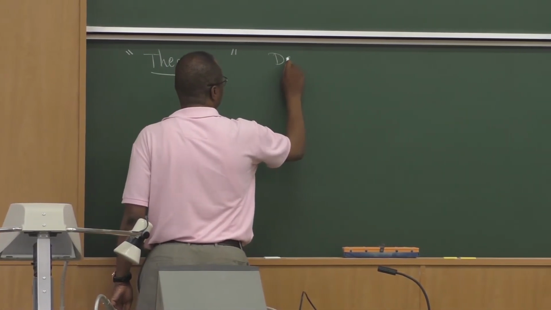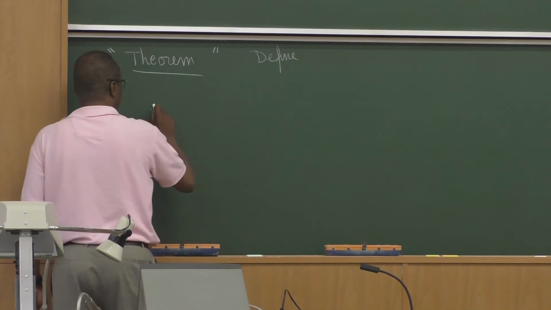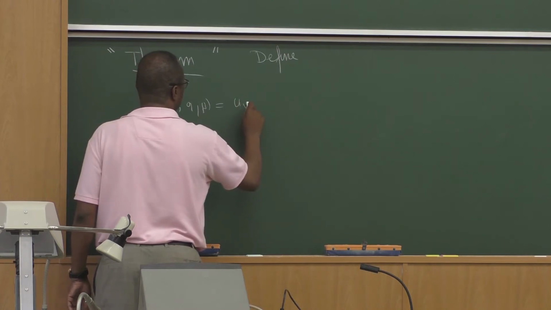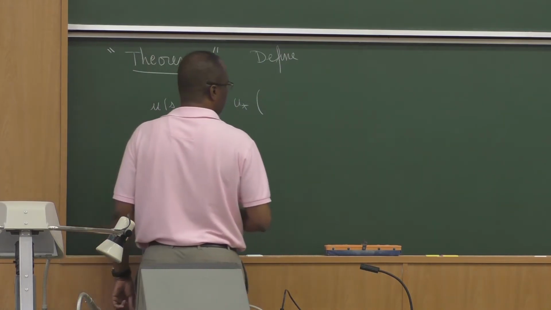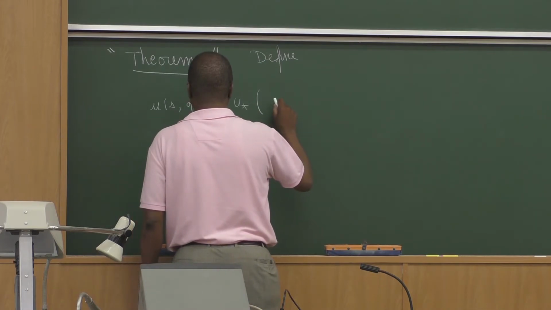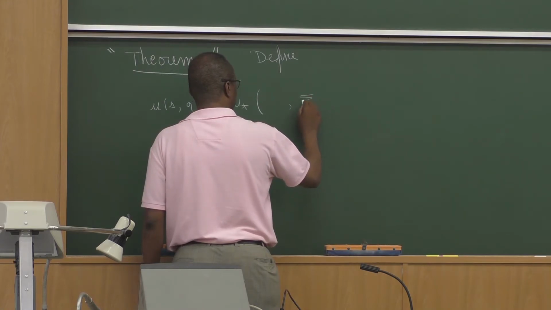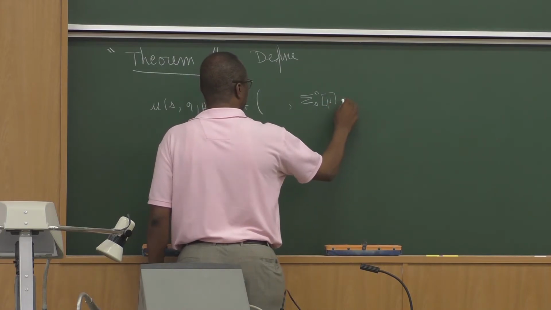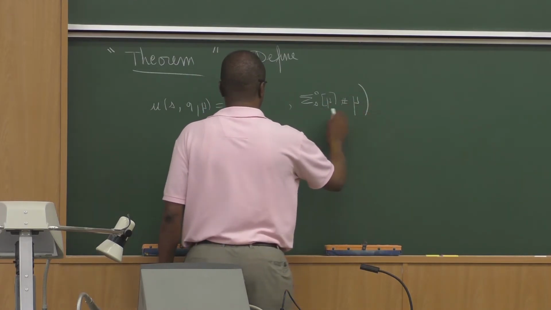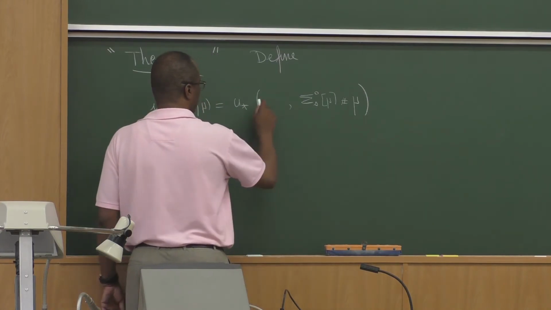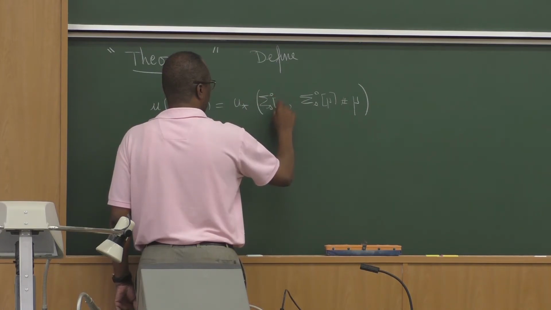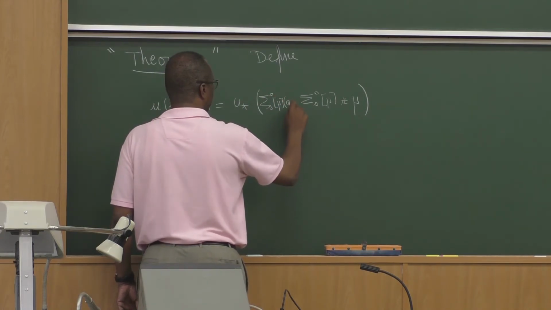Define U of S, Q, mu, to be U star of sigma S 0 mu push forward mu, and here it will be sigma S 0 mu of Q